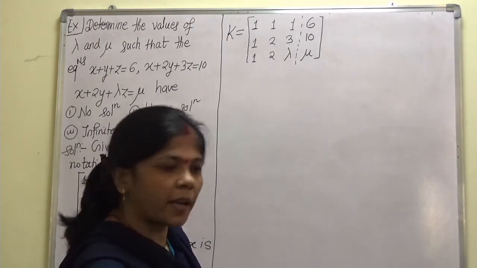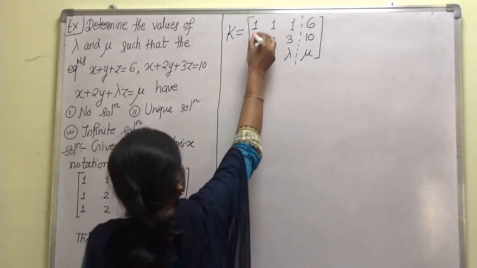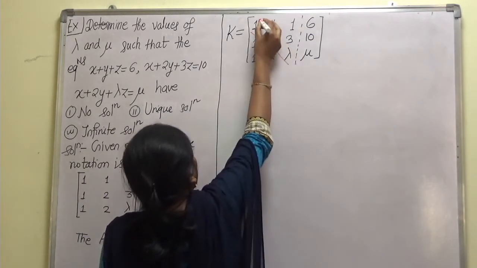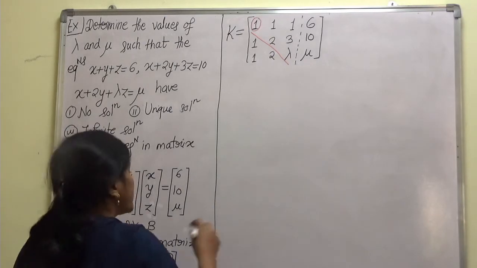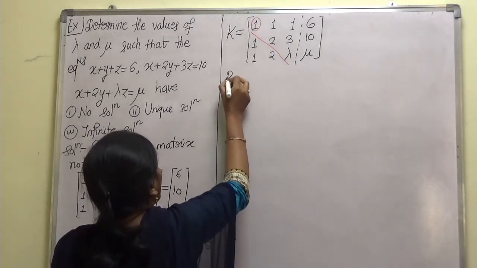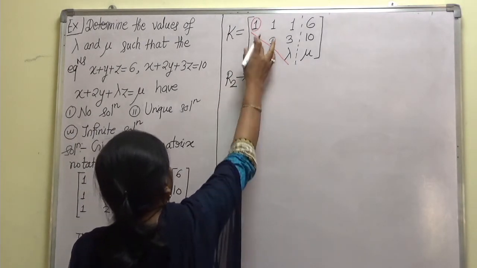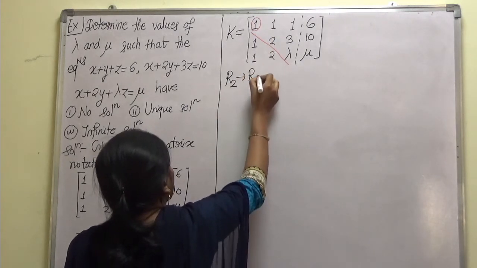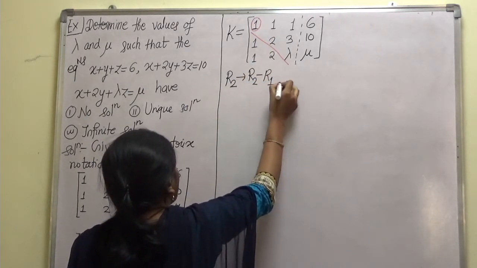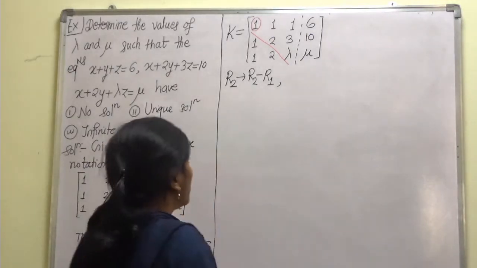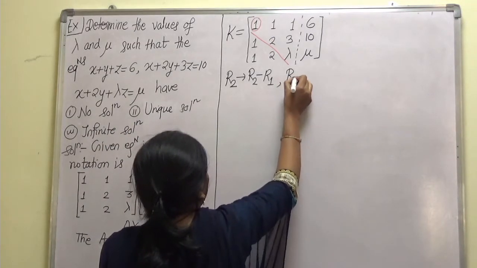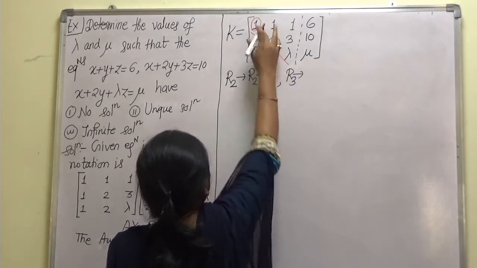So identify the diagonal element. Look for the first diagonal element. Reduce all elements lying below it to 0. So operate R2 changes to R2 minus R1. This we have discussed so many times in previous video lectures, right? Then R3 changes to, again we will subtract,